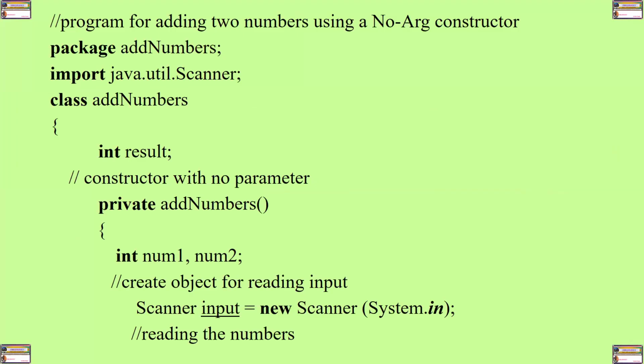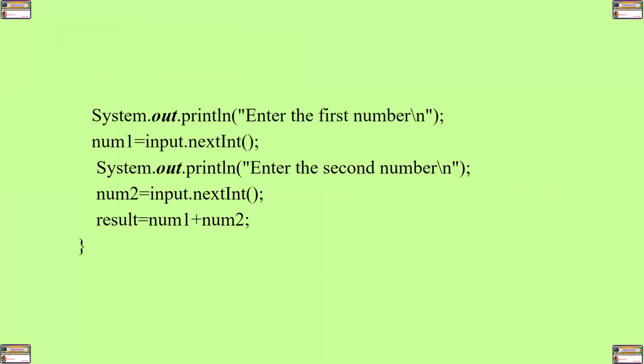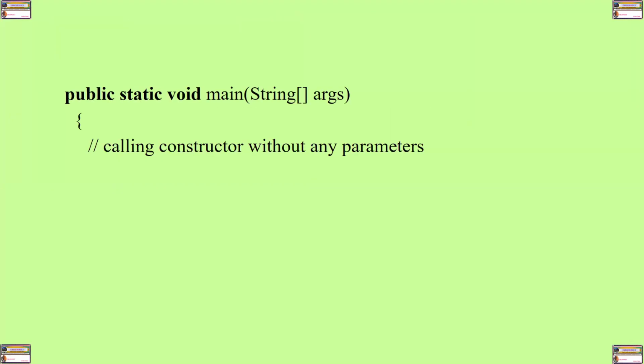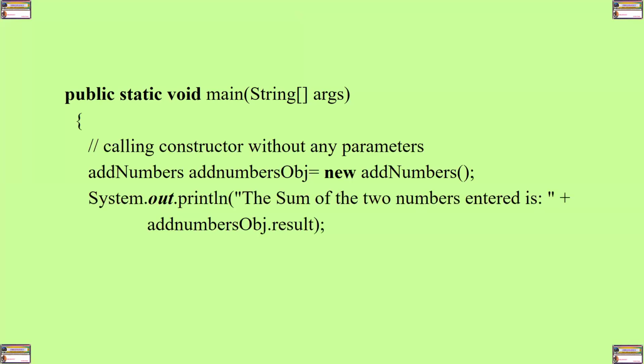So when we write this statement on the screen, the sum of the two numbers entered is, once the last section is encountered, it is telling the compiler, go to a member called result in the